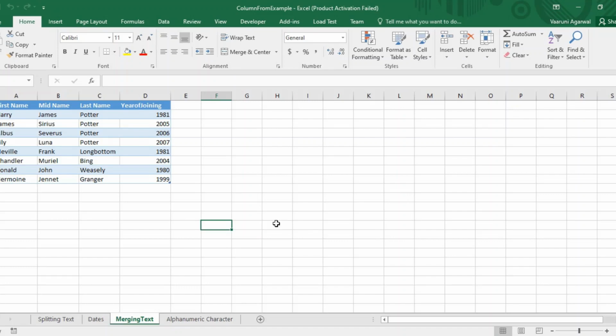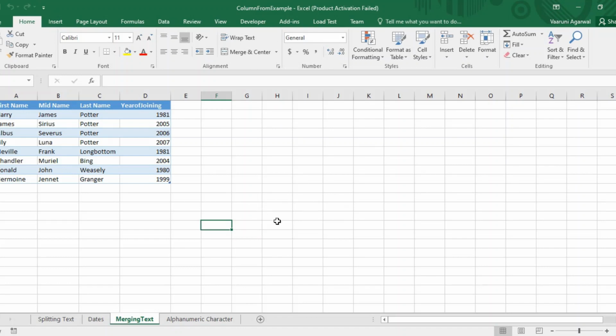In this video, we will continue our discussion on the column from example, which we started in the previous video. If we talk about column from example, then we have already seen that it is a powerful feature in Power BI, and if you are already familiar with Microsoft Excel, this feature is similar to Flash Fill in Microsoft Excel. But of course, since Power BI is more advanced software, the applications of the column from example feature are far better than the Flash Fill feature in Microsoft Excel.